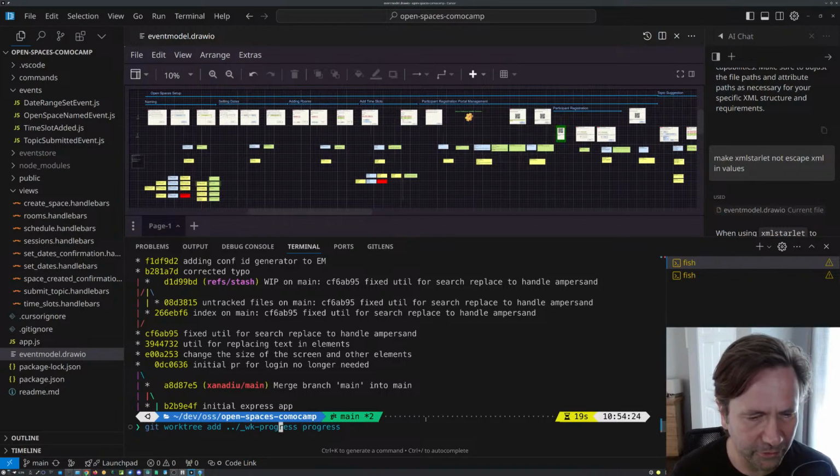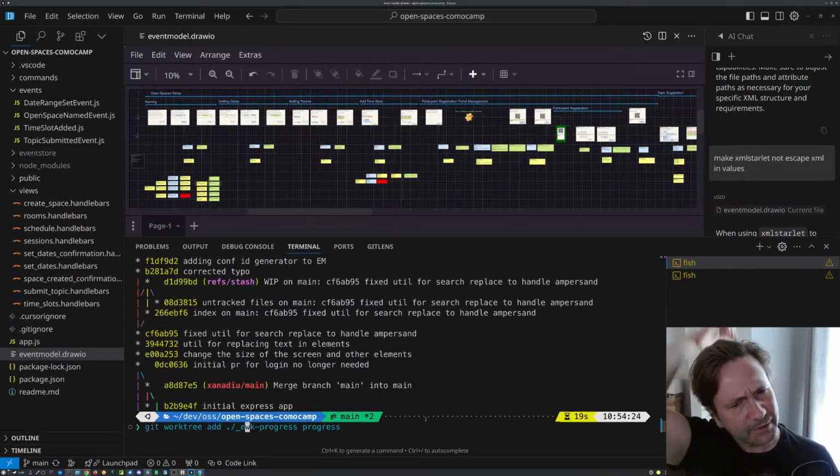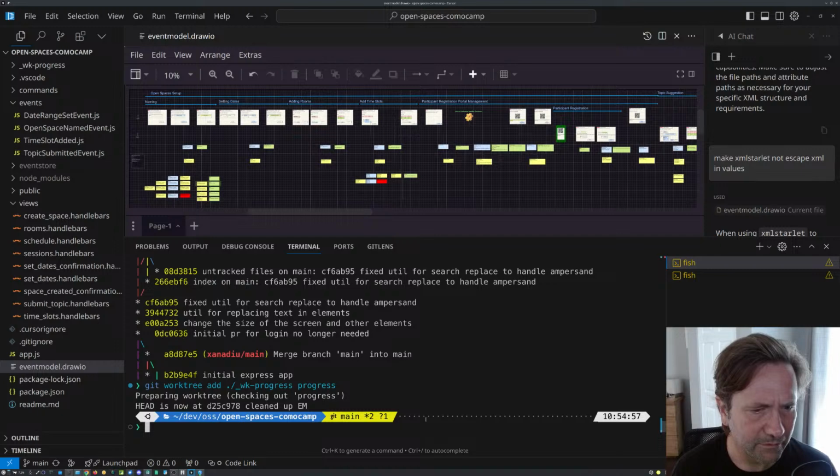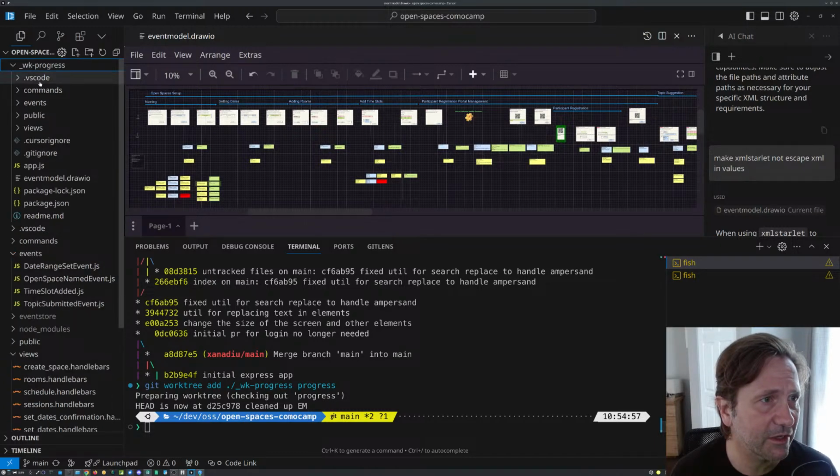I think it should be able to have it at the same level, right? Okay, so now we have a work tree progress, and notice that in here we have everything duplicated,